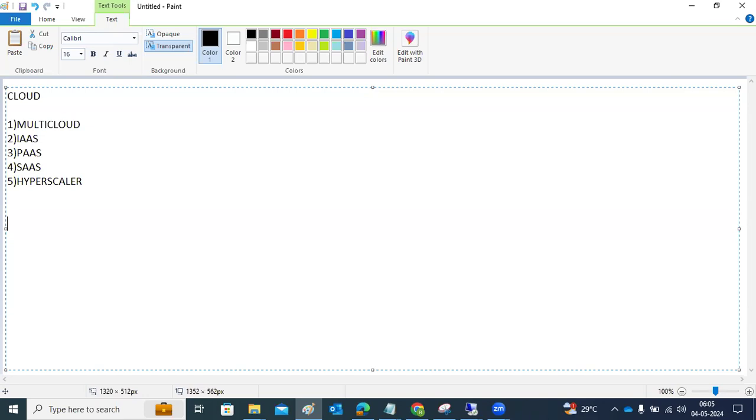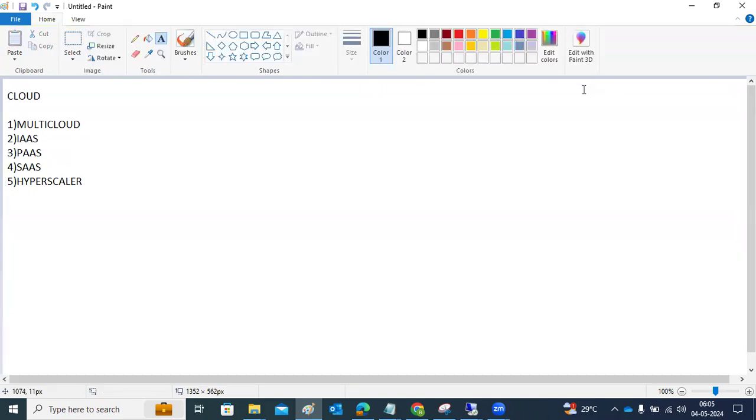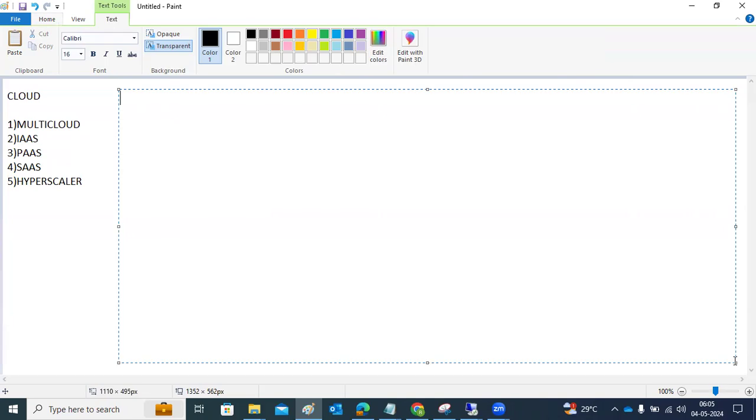Here there are three main cloud services. One is infrastructure as a service, then platform as a service, and software as a service. These are the three main cloud subscriptions you will get at the cloud level.